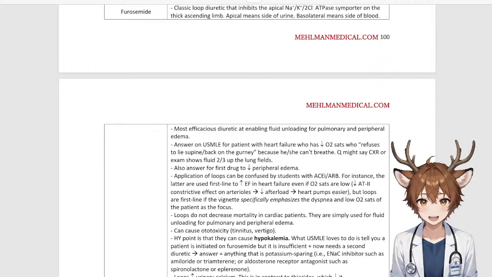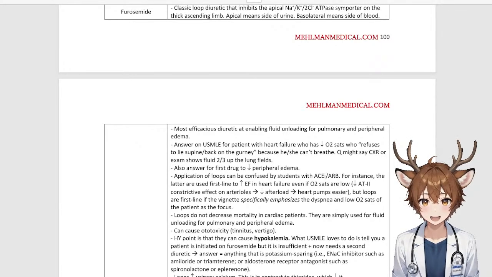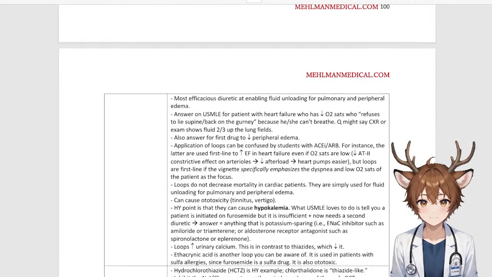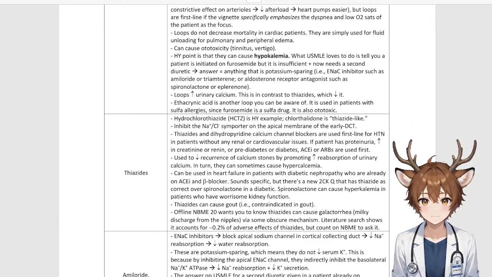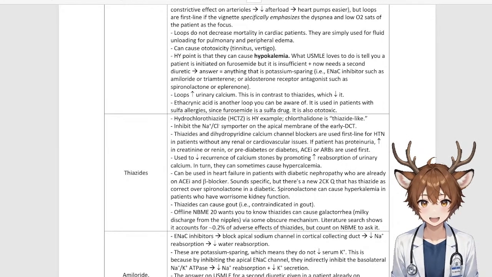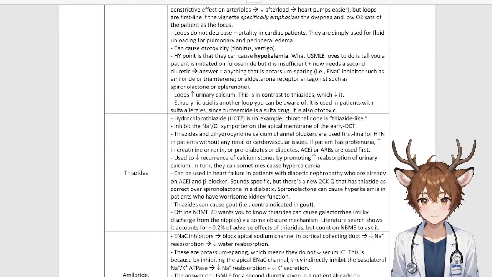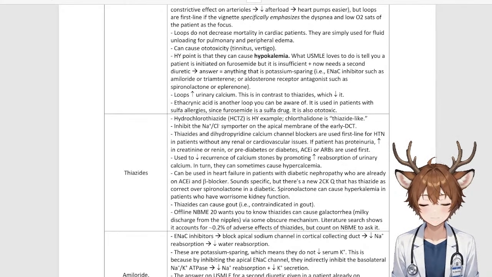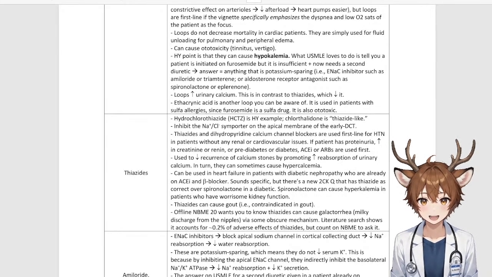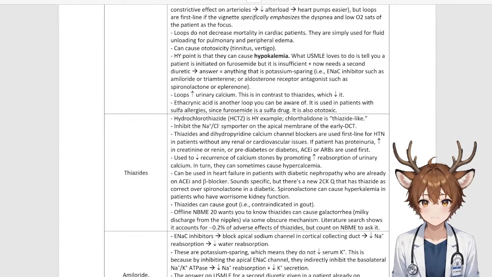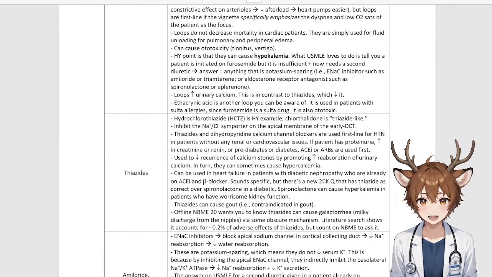Loops increase urinary calcium. This is in contrast to thiazides, which decrease urinary calcium, like hydrochlorothiazide or chlorthalidone, right? Ethacrynic acid is another loop diuretic that you can be aware of. It is used in patients with sulfa allergies because furosemide is a sulfa drug, but ethacrynic acid is not. Furosemide is a sulfa drug and it is also ototoxic. Okay, so anyway,